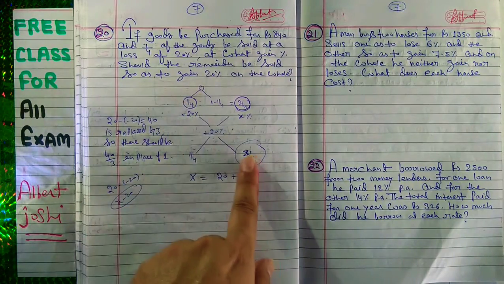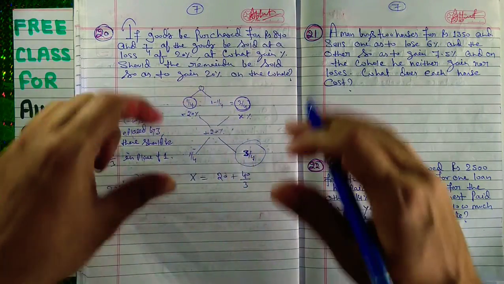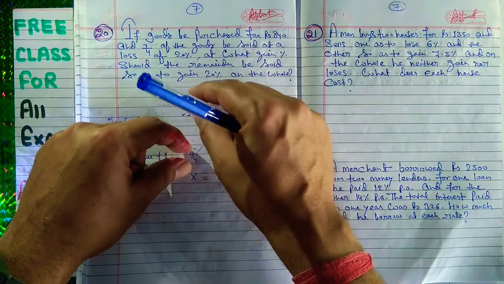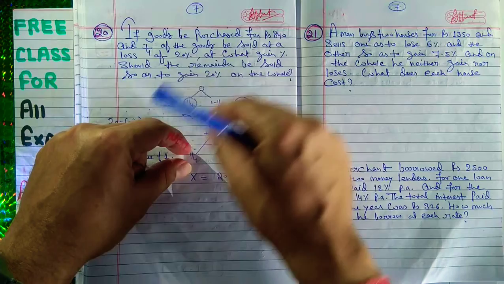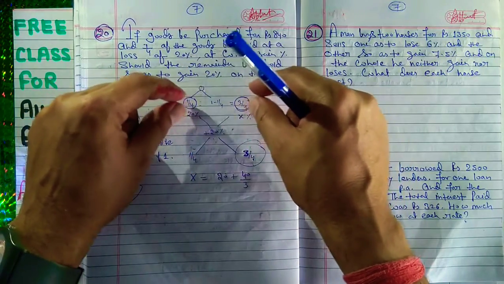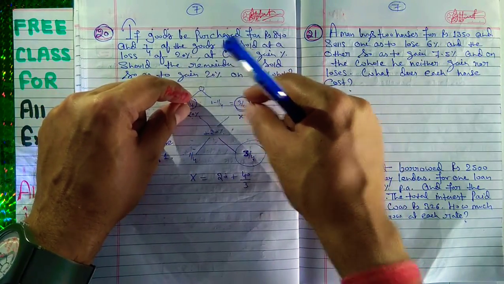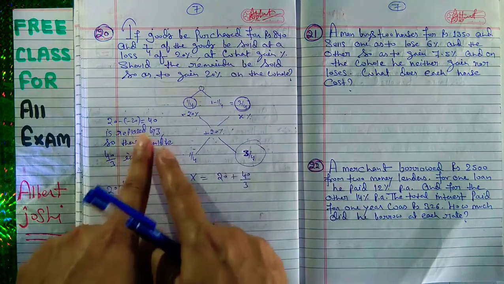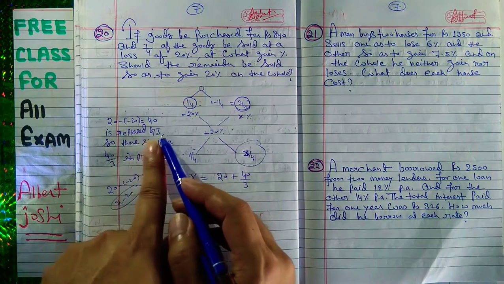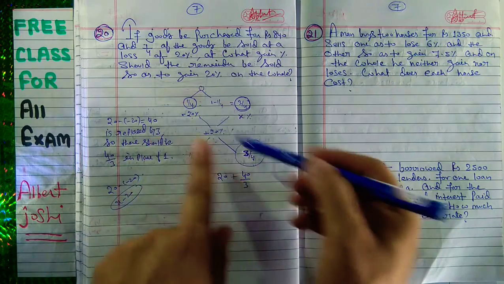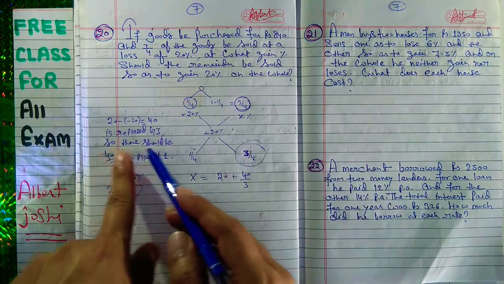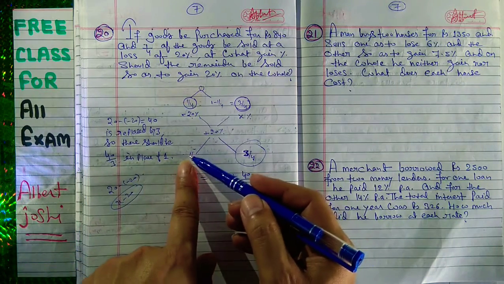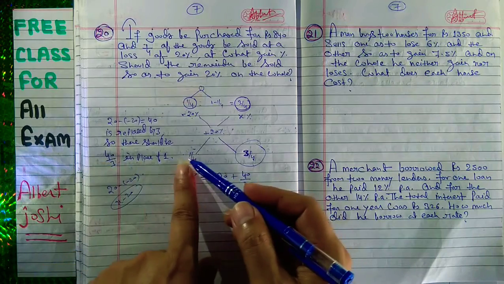But we have written here 3 upon 4. So in the allegation method we are finding the parts: what is the part of this and what is the part of this. Already we know that this is the 1 upon 4 part and this is the 3 by 4 part. If you subtract, then we get 40. In place of 40 we have written 3. So there should be 40 upon 3 in place of 1.